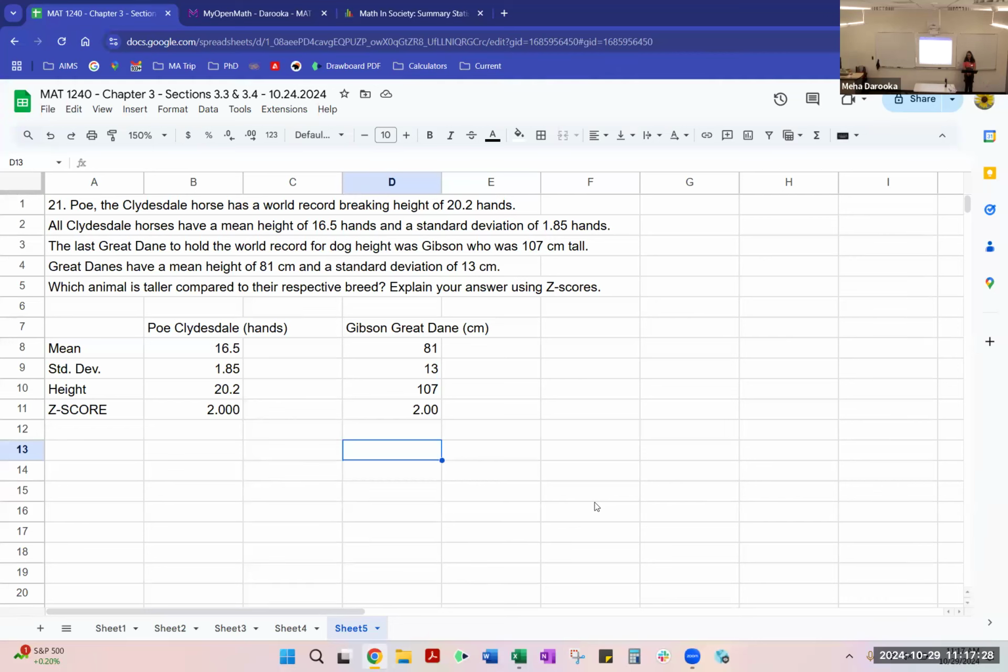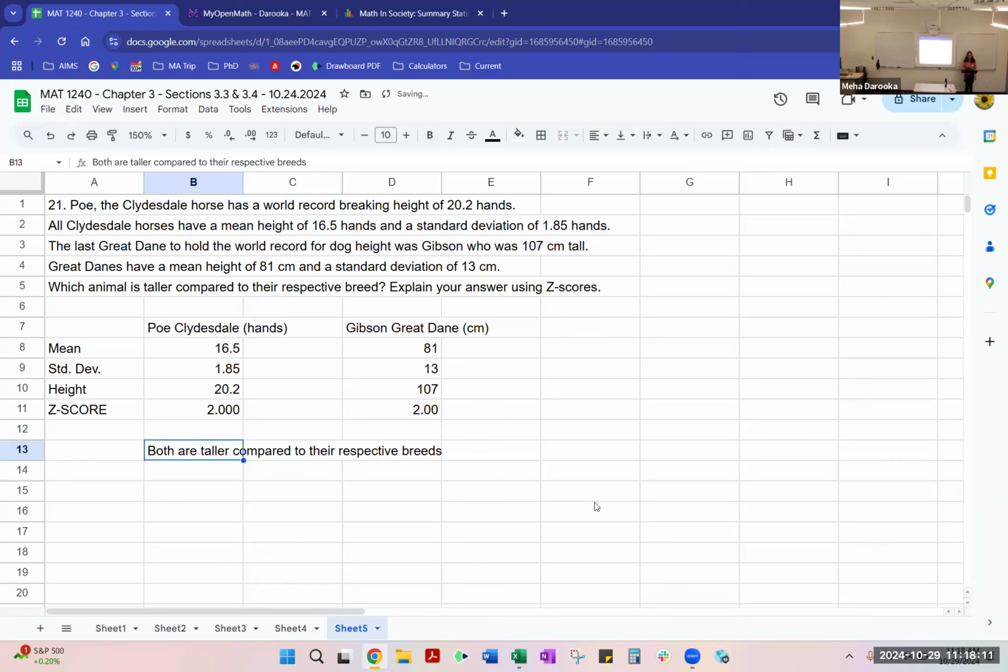Yeah, I mean, they're both tall compared to their breeds because we are at that unusual mark, right? We're at 2 standard deviations above or below, in this case, above the mean. So it's unusual because among Great Danes, Gibson was obviously at a height which was not usually what we see for Great Danes. And then same thing for Clydesdales. Poe was unusually taller than what his breed mates would be like. So actually neither one of them or both of them, however you want to look at it, would be taller. So I would say both. Both are taller compared to their respective